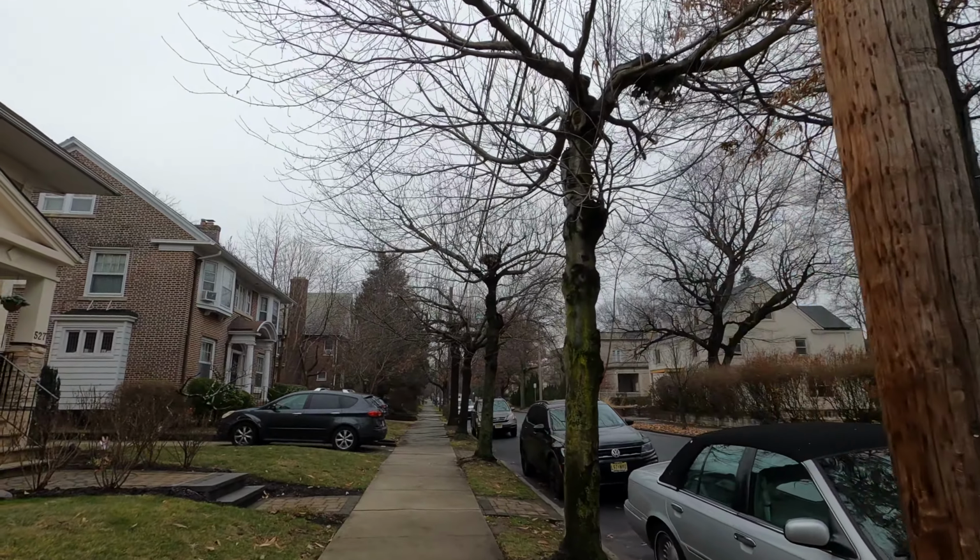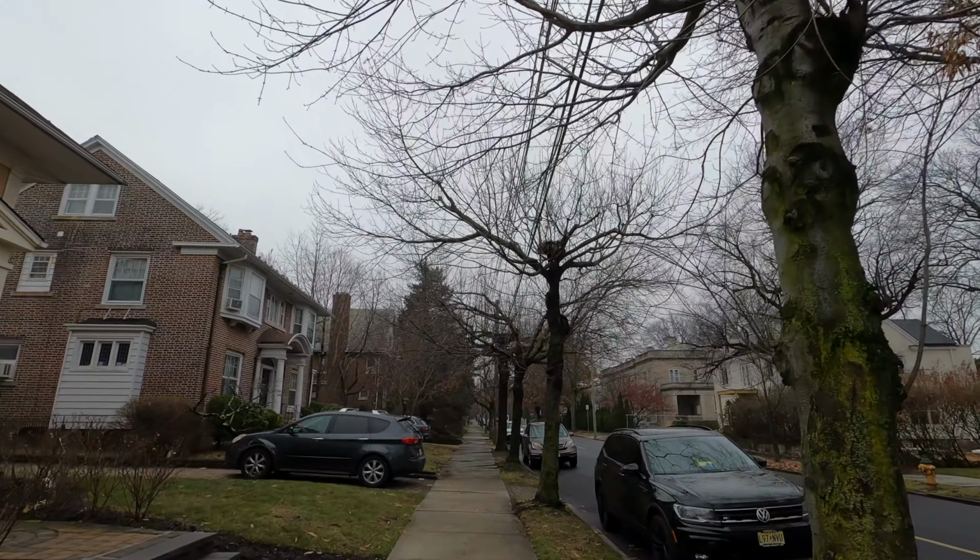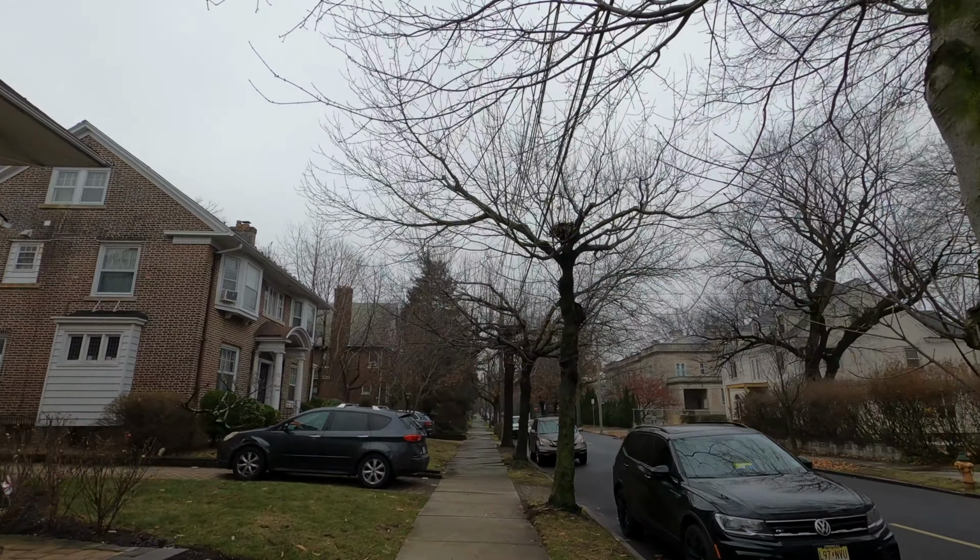I know in the fall season it must be even nicer with the leaves of the trees turning red, like a perfect scenery. Then this here is pretty interesting. Not sure if it's a house, but it's like a pretty strange design. But then look at this one over here. It has 3 garage parking lots,